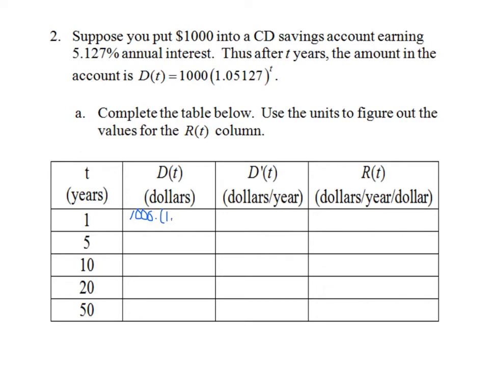times the 1.05127, and then you want to raise that to your years column. Okay, and you can find that easily if you hit the vars button. But that's what you want to do, and then that'll give you all the y values for each of these years, or all the dollar values for each of those years. All right, and then of course to get the derivative, feel free to use your calculator if you like. Of course, we do know how to get derivatives of exponential functions, but if you want to use your calculator to get that,